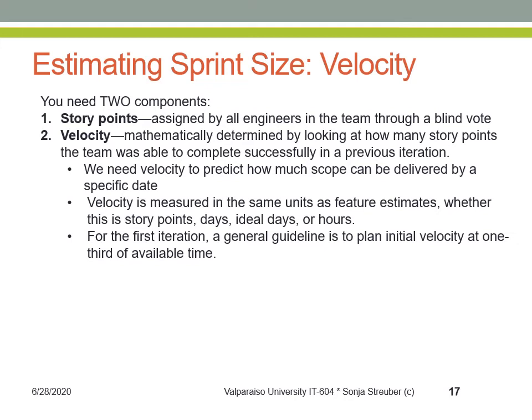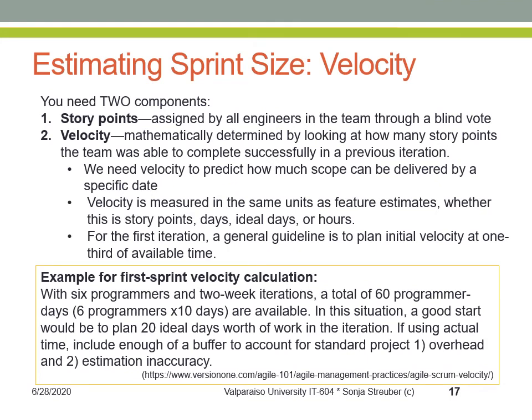Now, if there is no previous sprint, meaning that you are in the first sprint, you will want to plan the number of points for that sprint based on the available time you have. Take a look at this example. Let's say you have 6 programmers and each sprint is 2 weeks, that is 10 work days long. This means that you have 10 times 6, so a total of 60 programmer days available for this sprint. In this situation, a good start would be to plan 1/3 of 60, so 20 days, ideally, worth of work